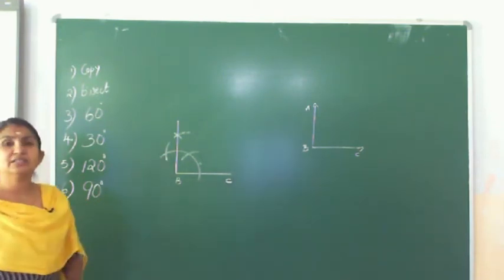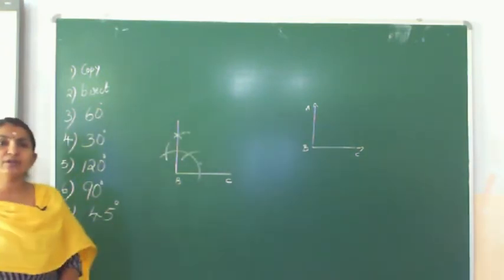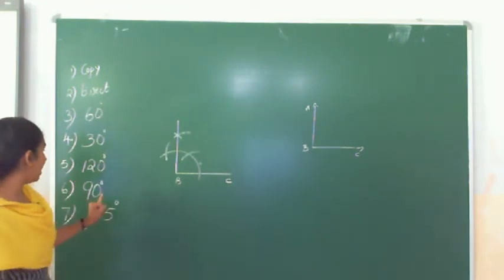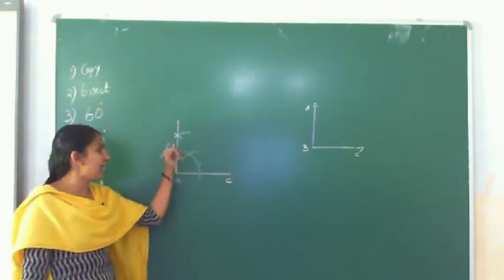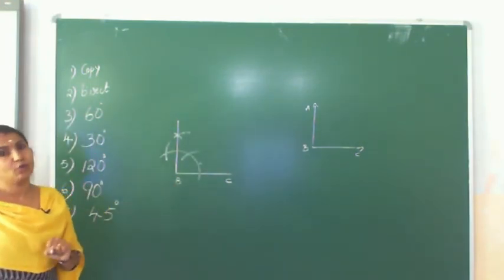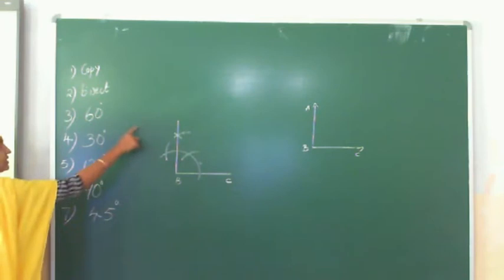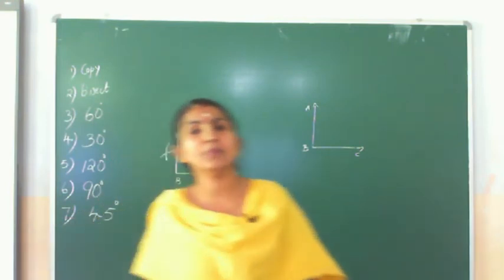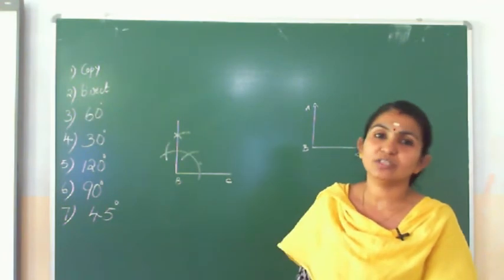Now the next one is how we can draw a 45 degree angle. Just think about the 45 degree. 45 degree is the half of 90 degree. So first draw 90 degree, bisect this angle, then you will get 45 degree. Otherwise one more option is there. What is that? 60, 30. When we are bisecting them, then also we will get 45 degree. There may be 2 or 3 methods to construct. You can decide which one you need. According to that, you just follow.